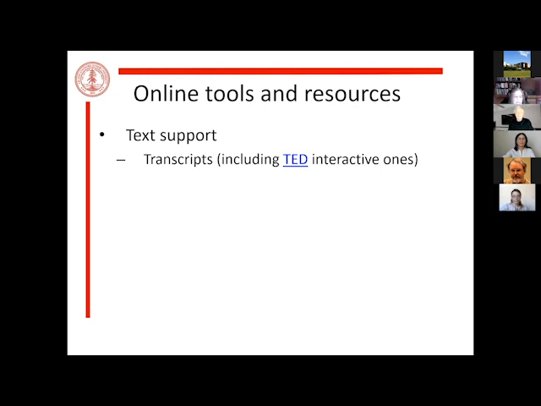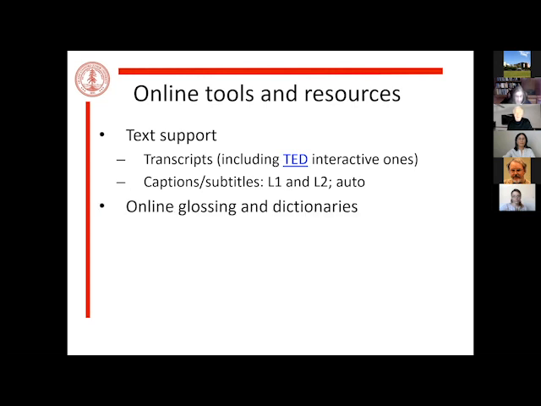That can be really good for instruction, but once students understand how to use this, it can also be very good for them to go back and find a word that was new to them and listen to it again in context. Captions or subtitles, both first language and second language, and of course the automatic captioning that Google does in YouTube. Various kinds of online glossing and dictionaries. If it's dedicated material, it's likely to have something that's been created by the developer, and the definitions there are going to be more like a gloss. And then, of course, just links to online dictionaries.